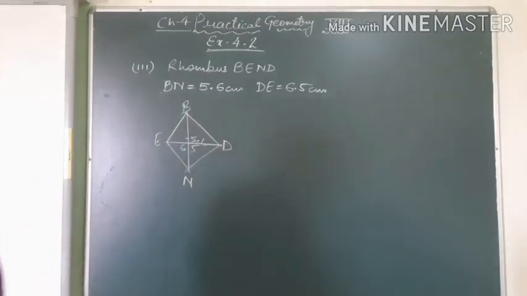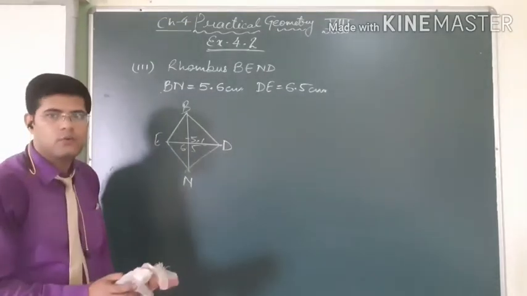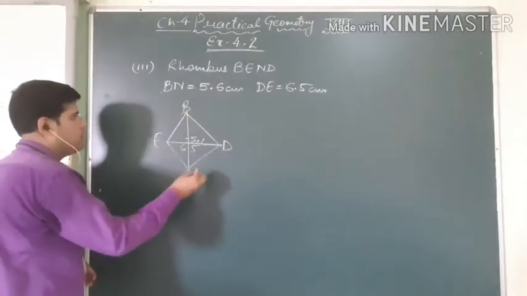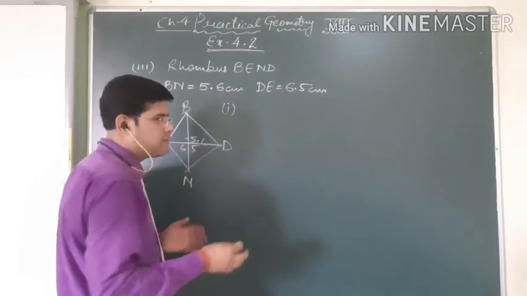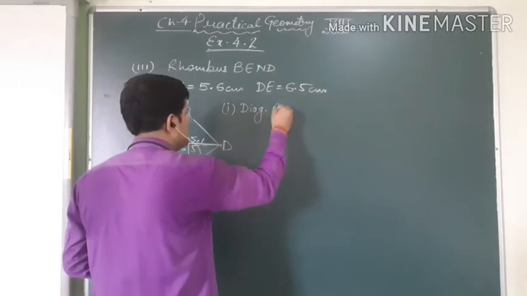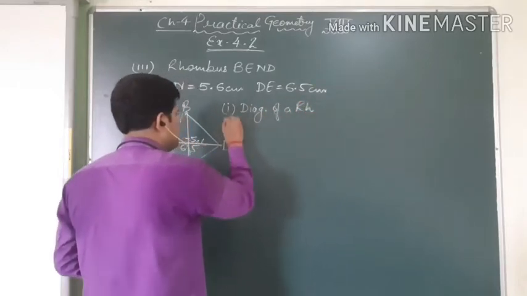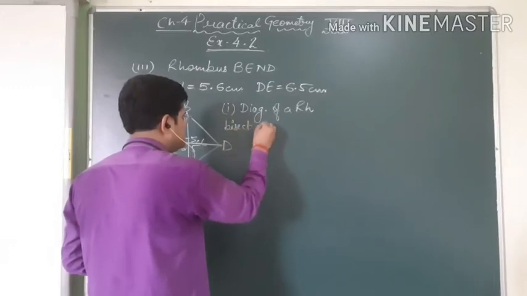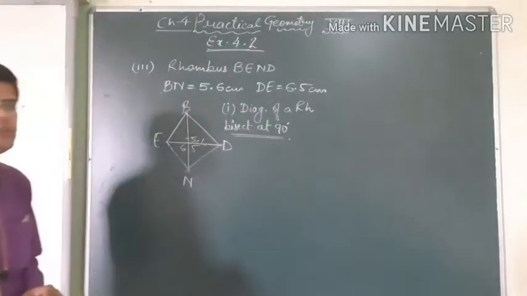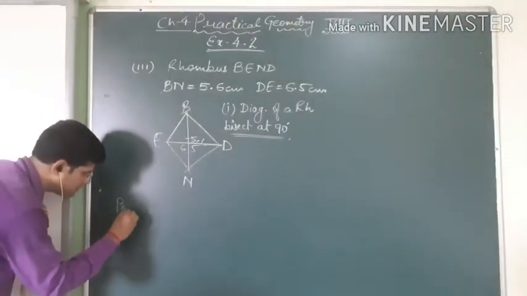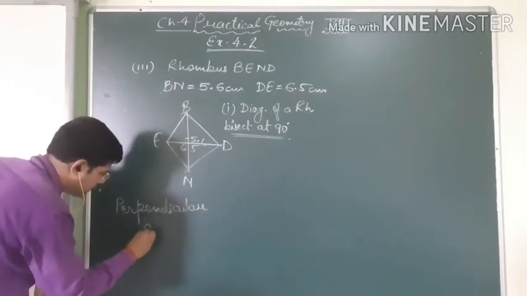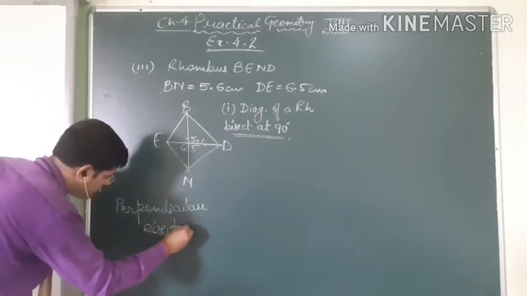How do you make this from the diagonals? So here we have to refer to a rule about diagonals. I think I have to write the rule. First, only the diagonals are given, so only write the rule of diagonals. The diagonals of a rhombus bisect at 90 degrees. So here I am going to use one special thing, the perpendicular bisector. This is going to be used in this sum.